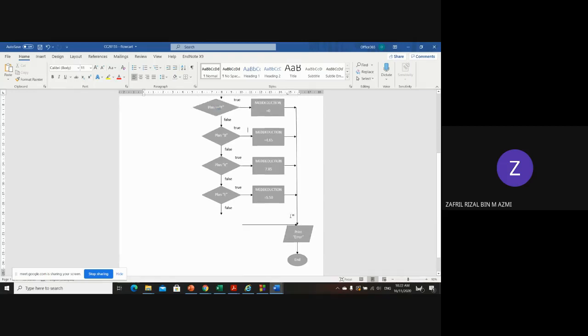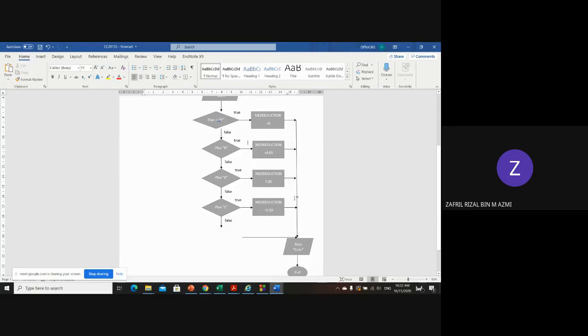No. Meaning that every condition it will print error. So this is wrong, right? So the flow is wrong. So make sure you check your flow after you complete the algorithm. Mainly you can check by using desk